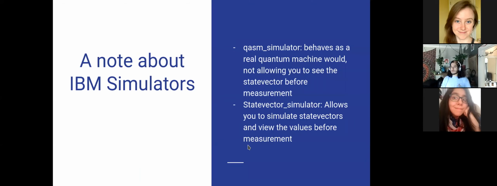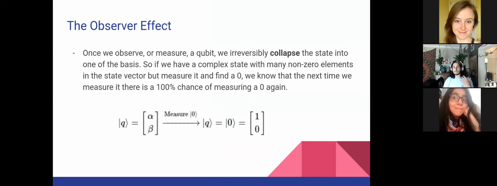And just like a quick note about the IBM simulators. There's 3 main simulators, but I'm going to talk just about the first 2. The quantum assembly language simulator behaves as a real quantum computer would, right? And in a real quantum computer, you don't get to just peek at the probabilities mid-operation, right? That's considered a measurement. And when you do that, the observer effect kicks in and you just ruined or